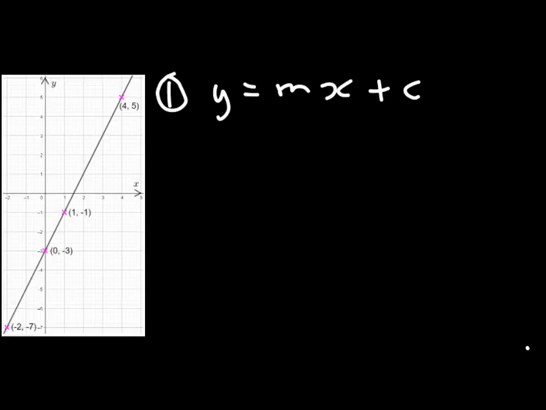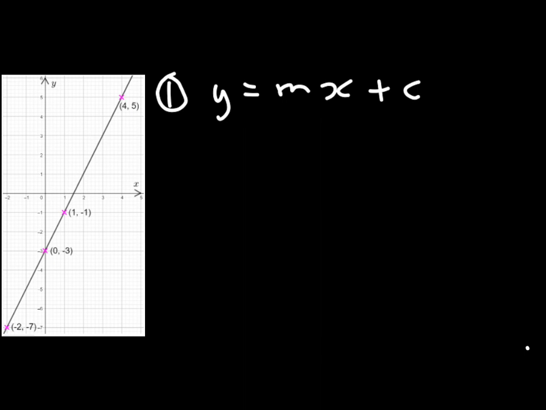So for question 1, we can see that we have got a straight line graph, and they have given us a few points, and they ask us to find the equation of the straight line graph. Now, as we all know, straight line graphs have a general formula of y equals mx plus c. This means that there are two values which we need to find. We need to find m and we need to find c